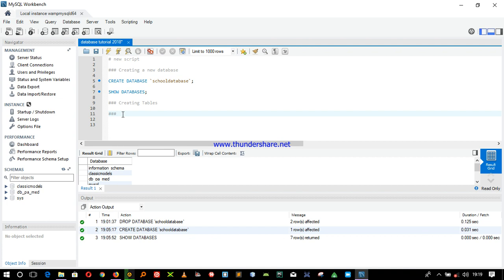Right, and remember, before we created those tables, we talked about something very important. We talked about the things to consider before coming up with the table, right?